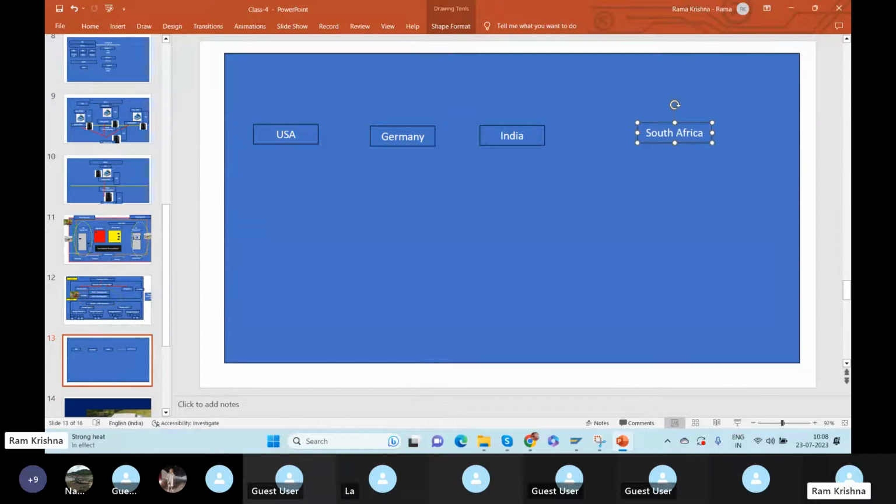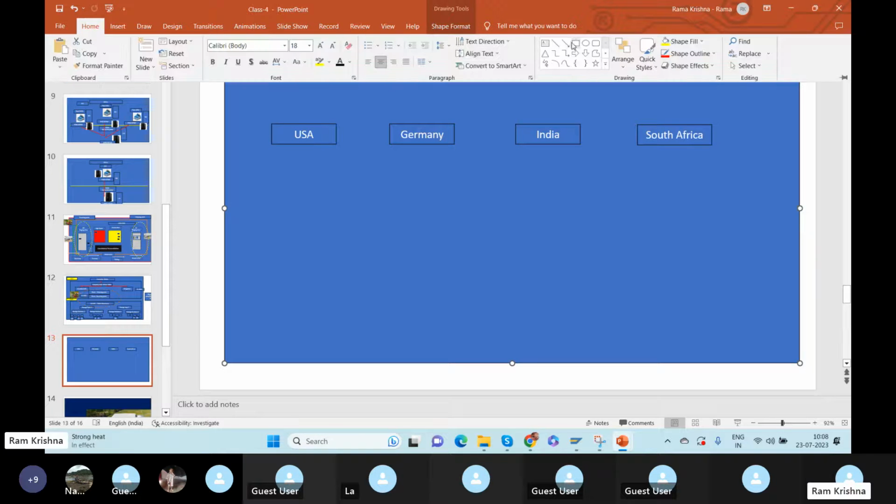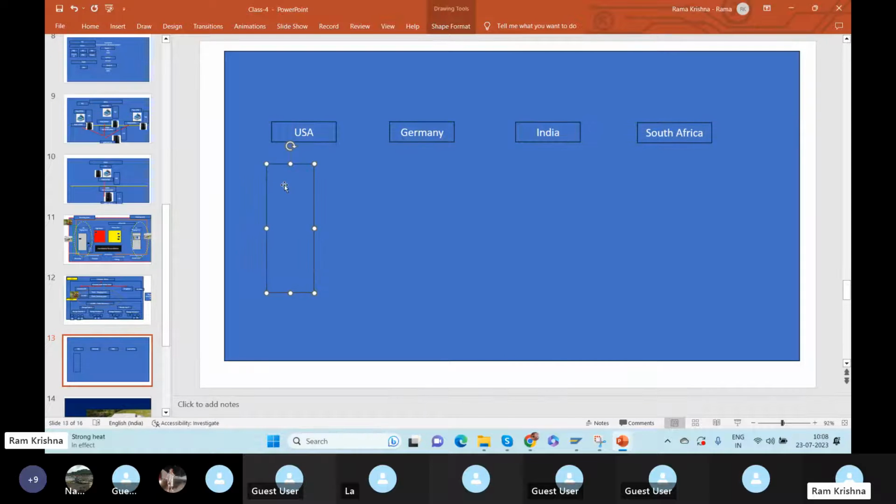I have 4 different countries I want to show. USA I'm taking as one country. Now, in USA, I have 4 plants. This is my current system design, okay? I have 4 plants in USA. That is